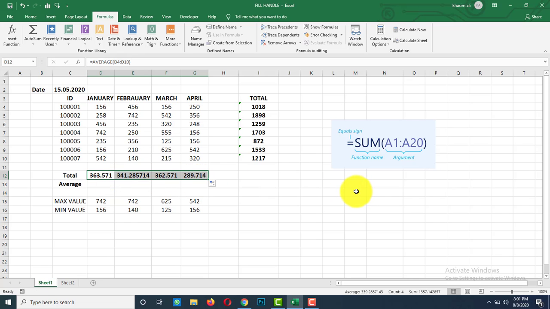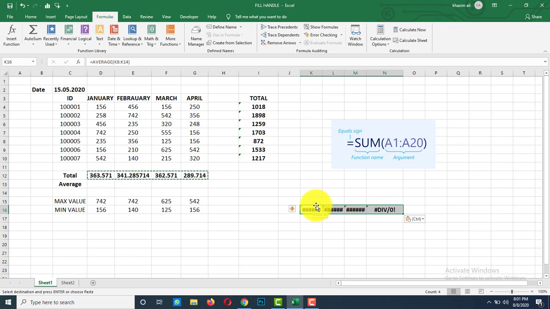Now, another important thing is how to remove a formula. Why do we need to remove a formula? You can enter any number of functions in an Excel spreadsheet, but too many functions in a spreadsheet can create confusion and sometimes give wrong calculations also. So it is better to remove the function after completion of your work with functions. For example, see these 4 cells having the function. Now I am going to copy it and paste this. What happened? It doesn't work. It is better to remove the formula if you have completed the work with that.